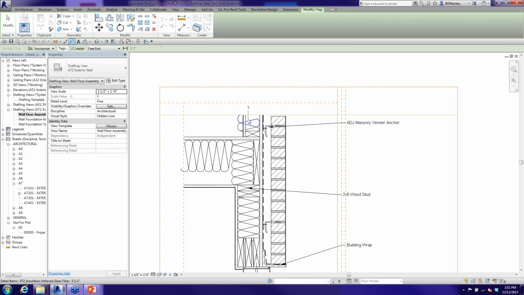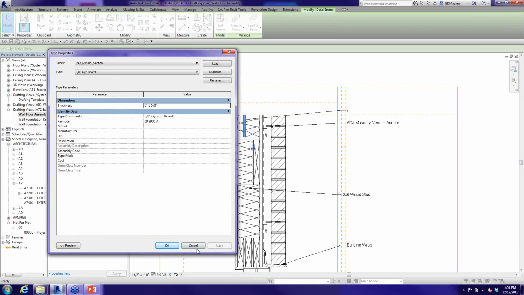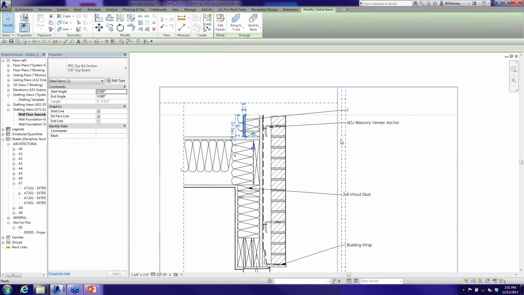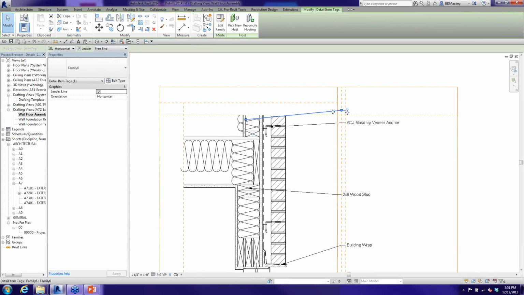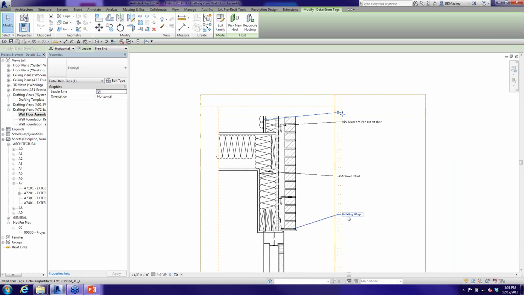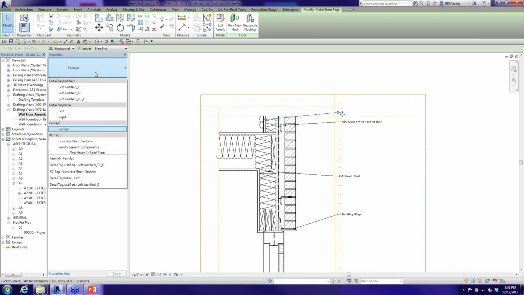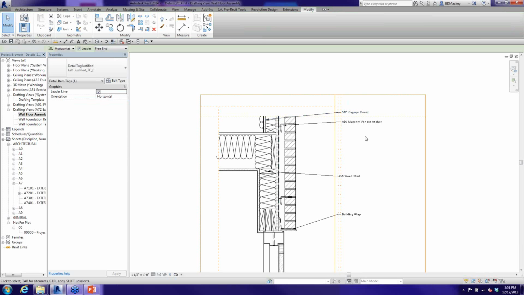We're going to do a tag in here, which it doesn't look like my gypsum board actually has a tag. I can't believe I don't have text on my gypsum board. That's pretty odd to me. I'm going to grab this. Let me edit the type. Yeah, type comment says, oh, probably because I have my rebar. So this is one thing that having multiple tags might mess you up on. Since I had last loaded family 6, which is my rebar tag, I don't have the parameters for the rebar in there. So I'm going to have to swap this tag out to be my normal left justified type comments